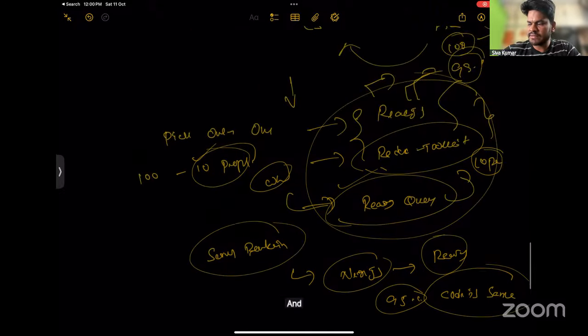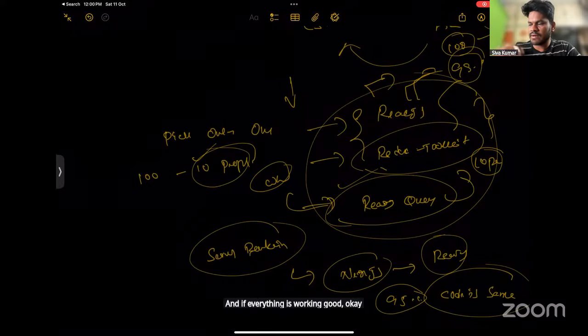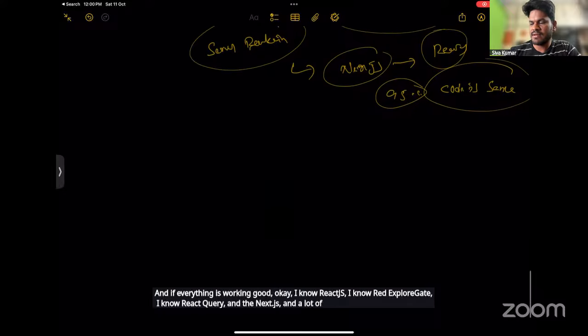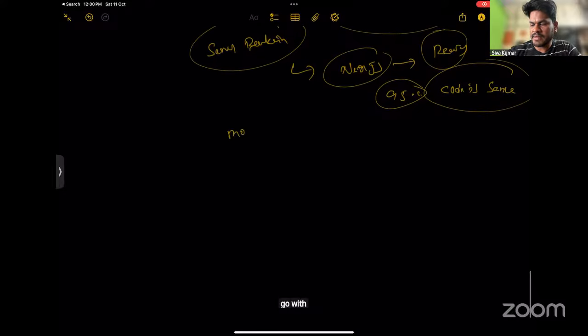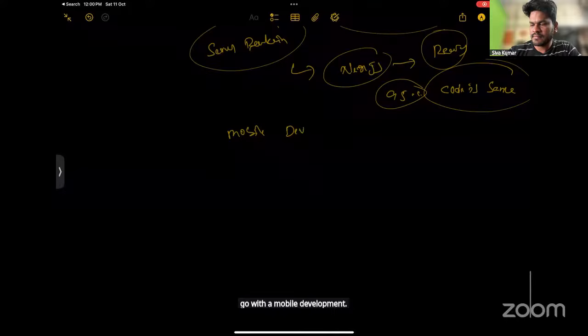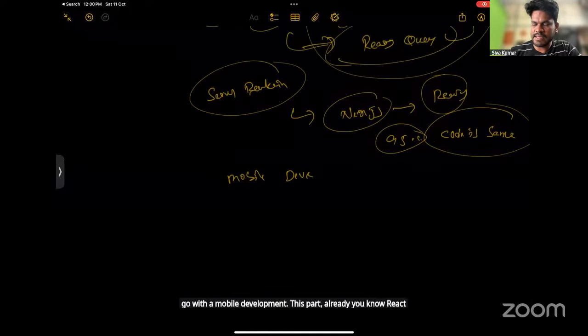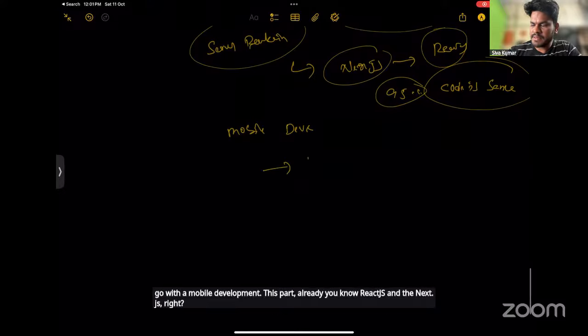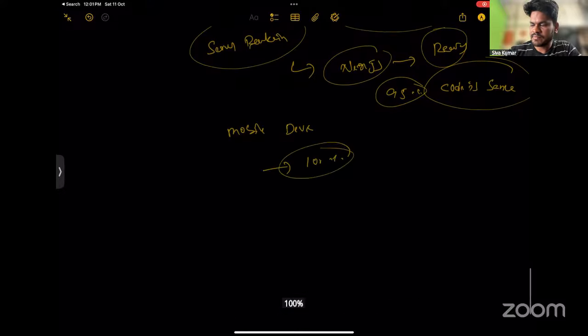And if everything is going well, I know React.js, Redux Toolkit, React Query, Next.js and all of these things, go with mobile development. You already know React.js and Next.js, right? 100% it will match. Same React code.